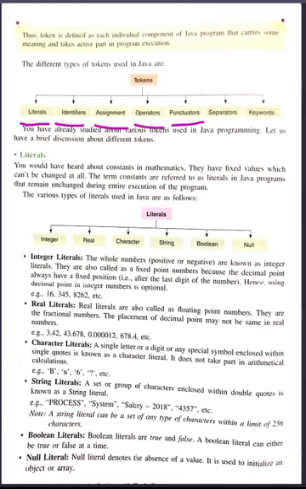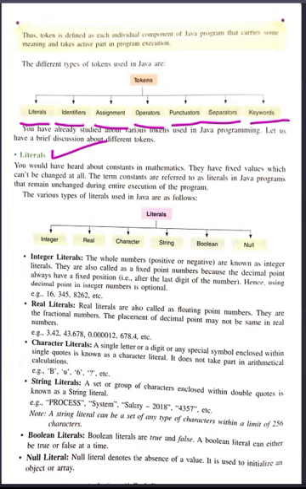Then separators and keywords. Keywords are special words with special meaning for the compiler, like if, void, class. One by one, I'll explain all these.